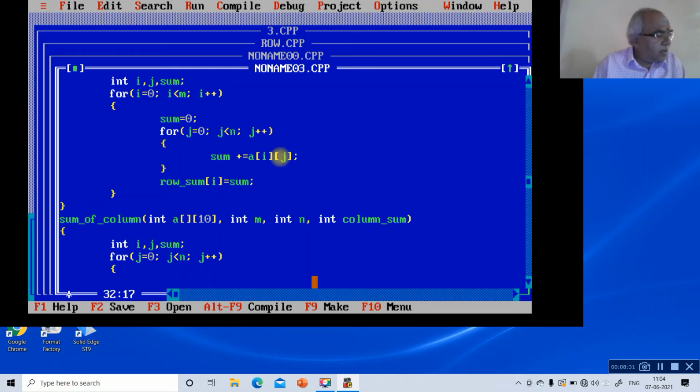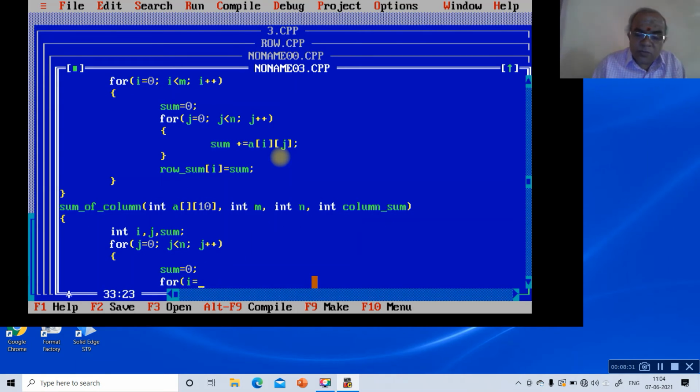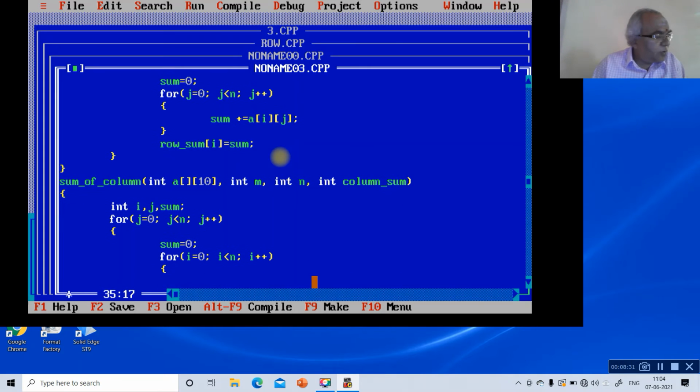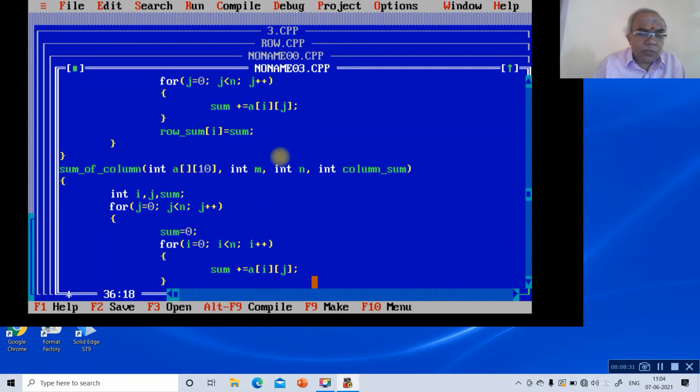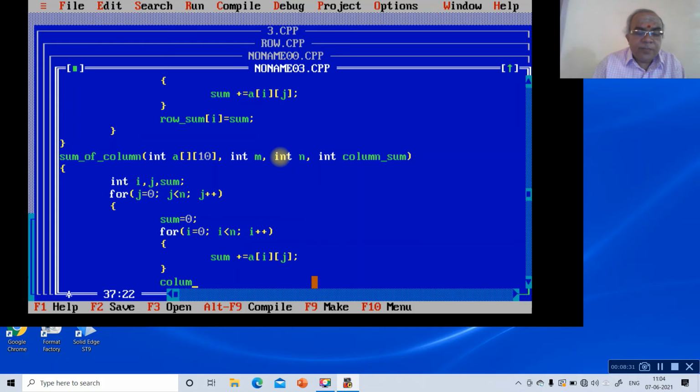Similarly sum equals 0, again for i equals 0, i is less than m, i plus plus, then open the loop, sum plus equals a of ij, close the parenthesis, then column_sum of j will be equal to sum.